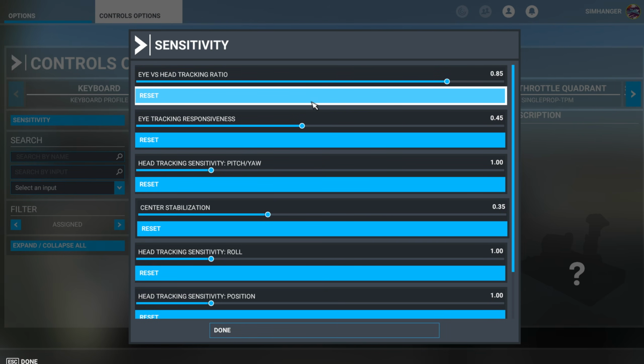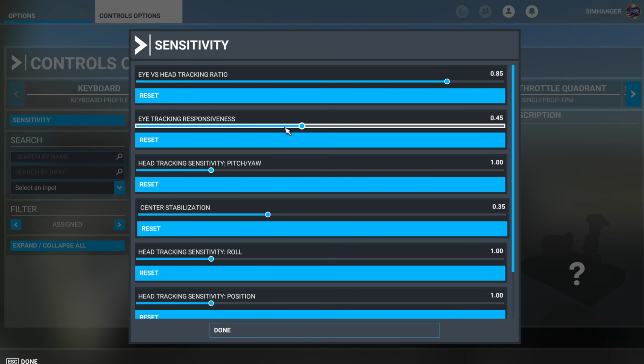Back to our sensitivities. All settings have a reset function. If you click on that, it will set it back to the Tobii default. Let's move on to eye tracking responsiveness. My setting is 0.45. The default setting is